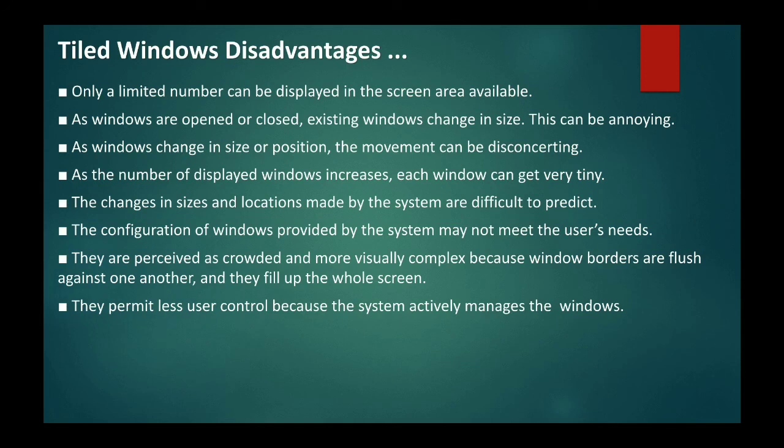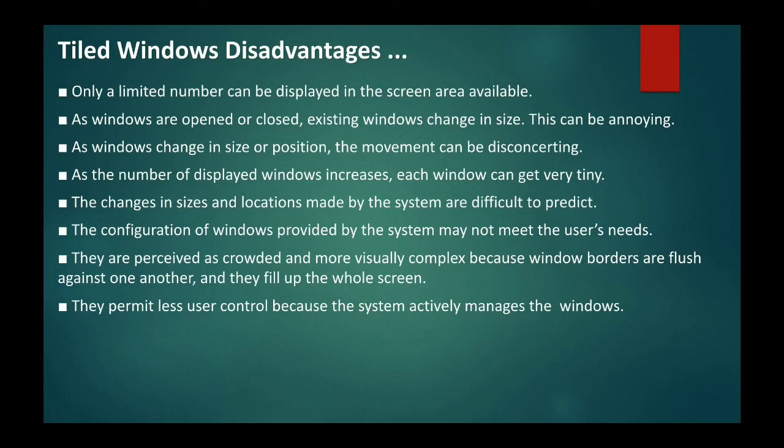Window number one was present in the second quadrant, and now it has shifted because the number of windows has increased. So there will be a size or position change, which can be disconcerting, and it will not be feasible for the user to focus on a particular window.